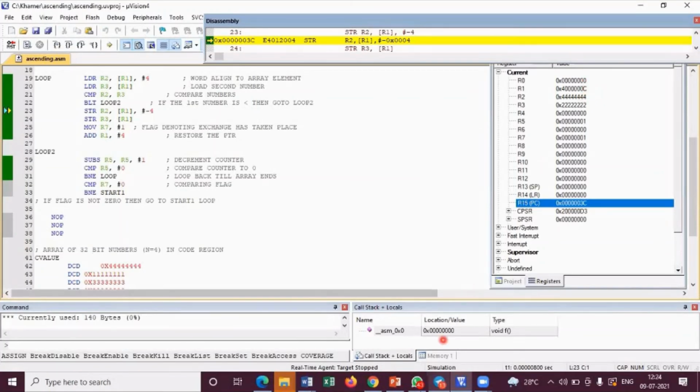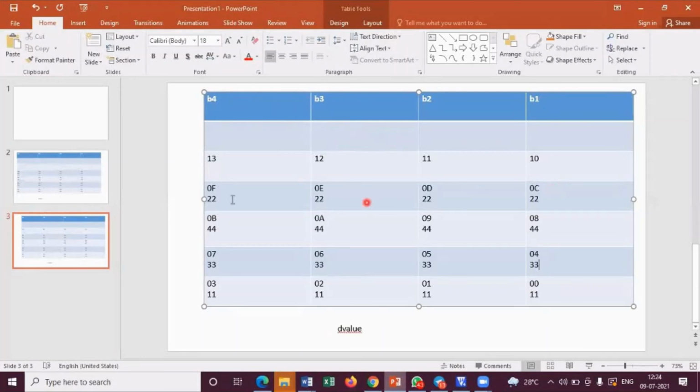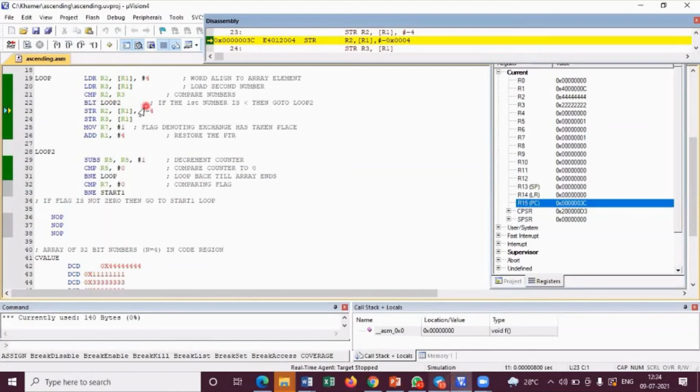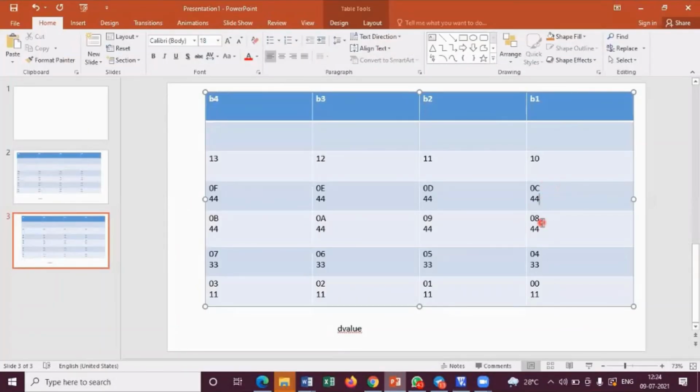So 4 will be moved to 0C now, and simultaneously the R1 pointer will be decremented to 08 by doing -4. See this left hand side, it will be decremented by 4. So I will execute this. It has decremented from 0C to 08 now.